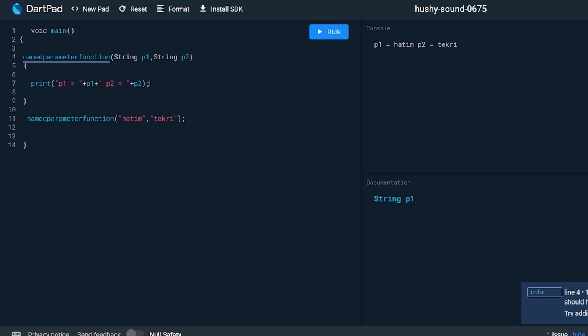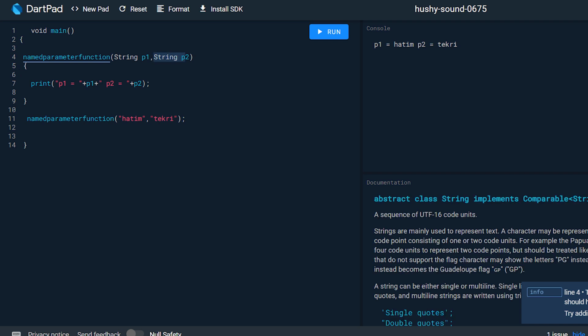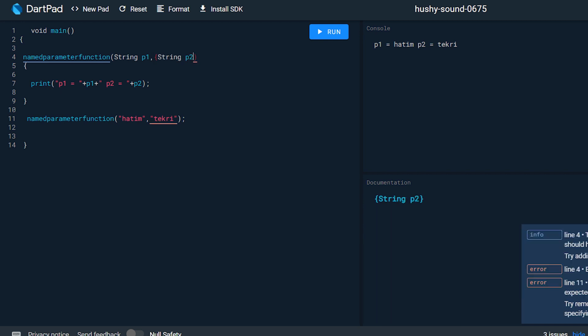Now if we want to turn this normal parameter into an optional named parameter, we have to wrap this parameter inside curly braces. Now this parameter p2 is the optional named parameter. In the last video, we saw how to create the optional positional parameter.